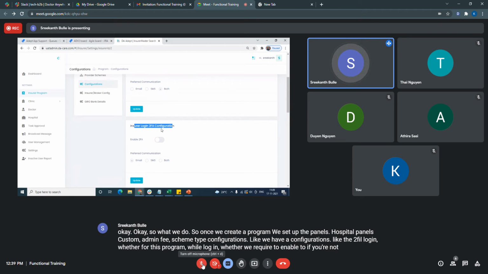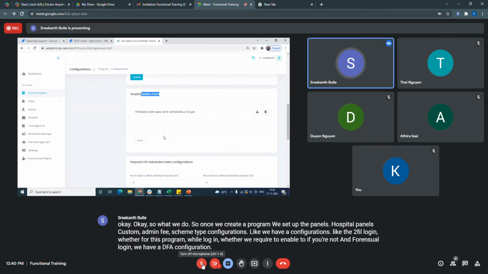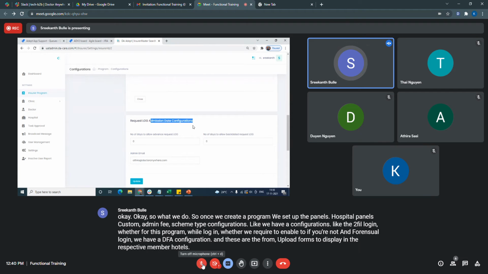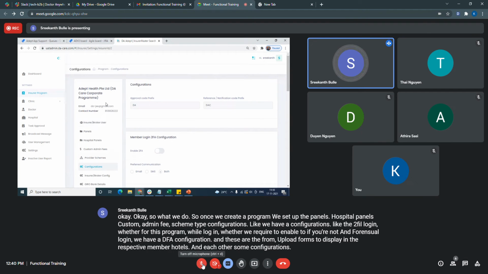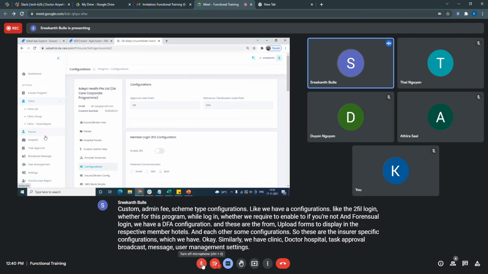And for insurer login, we have a 2FA configuration. And these are the forms to upload to display in the respective member portals. And these are some configurations. So these are the insurer specific configurations which we have. Okay, similarly, we have clinic, doctor, hospital, task approval, broadcast message, user management settings, inactive users.